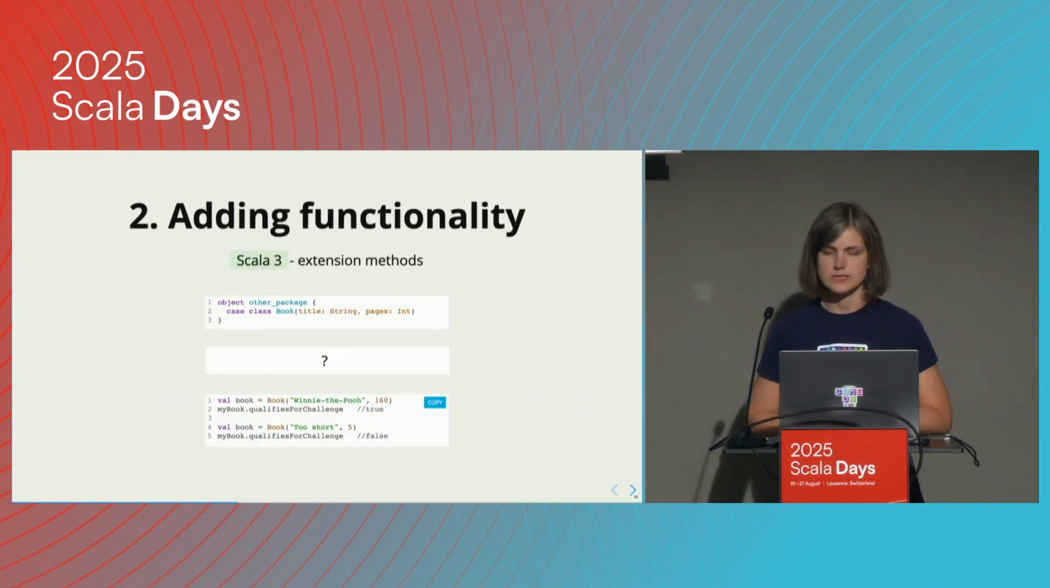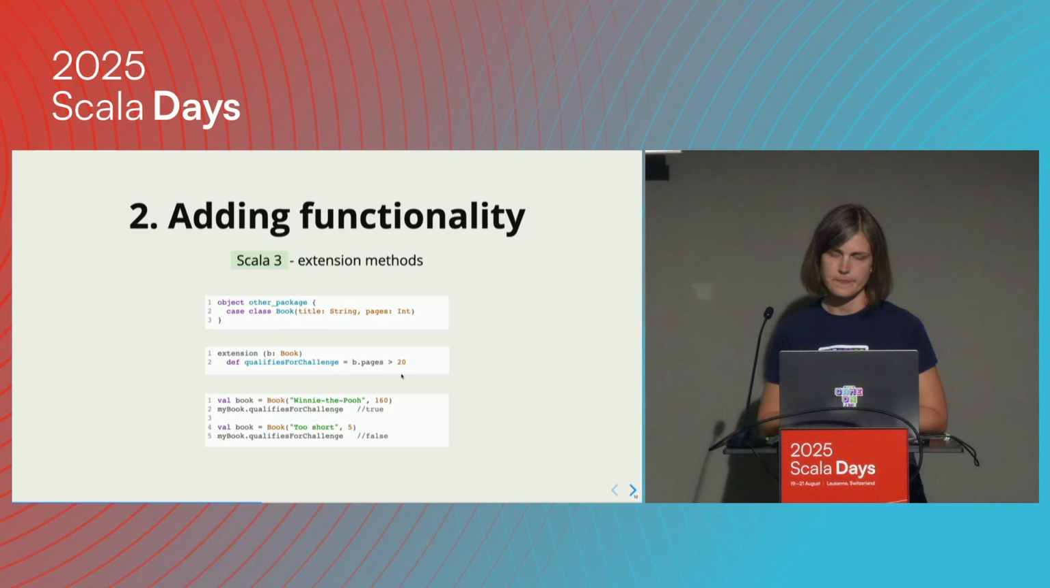Now, how does it look in Scala 3? So the code that we want to achieve is the same, and the book is still defined in another package. But the way we define such adding of functionality is we use the new keyword in Scala 3. That's the extension keyword. And these are called extension methods. So you say you're writing an extension for the book type, and the method, again, the body of the method